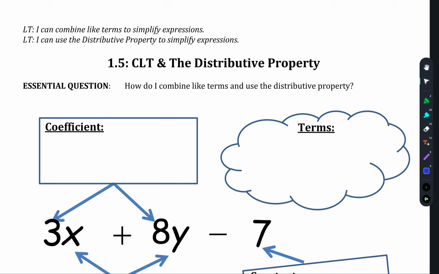We have two main topics that we're going to cover today. Number one, CLT stands for combining like terms. Number two is the distributive property. Before we get to either one of those, we're going to go through some vocab when it comes to expressions